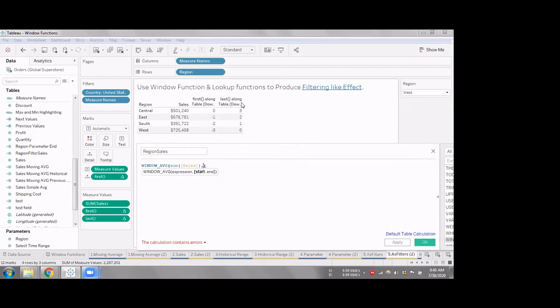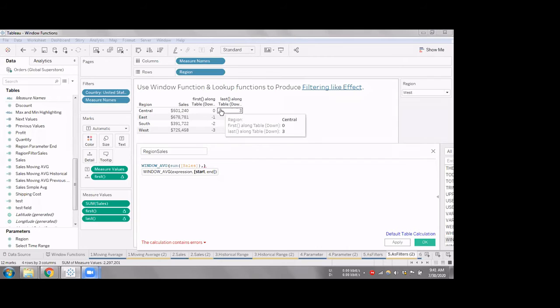How are my first and last values changing? When I'm in the first row, my first value is 0, my last value is 3. But when I'm in the first row, I should reference my second row. So that means this particular offset, my start should be from +1.